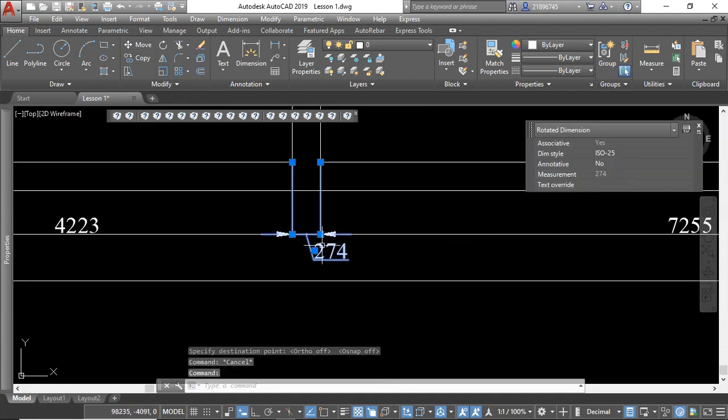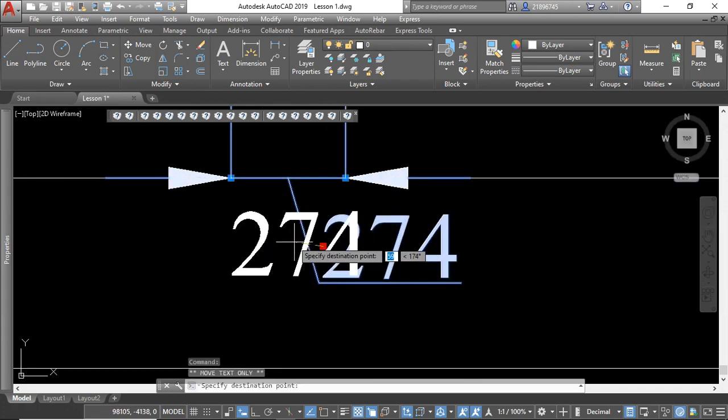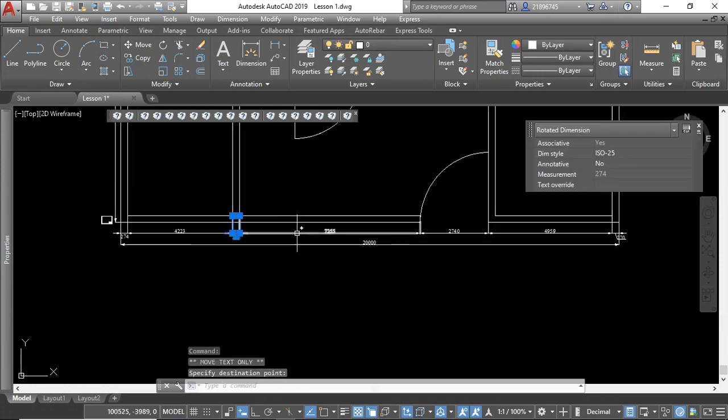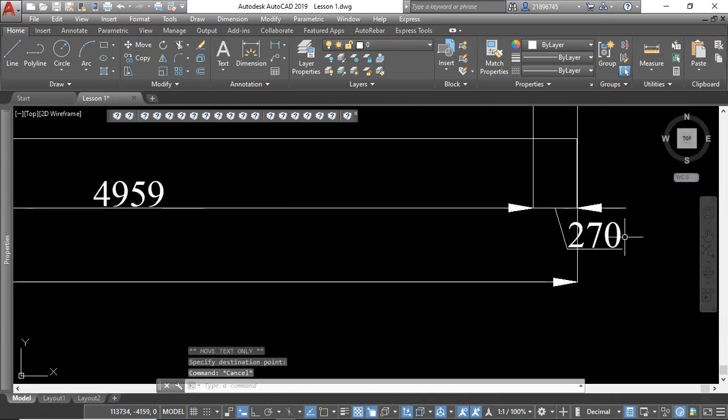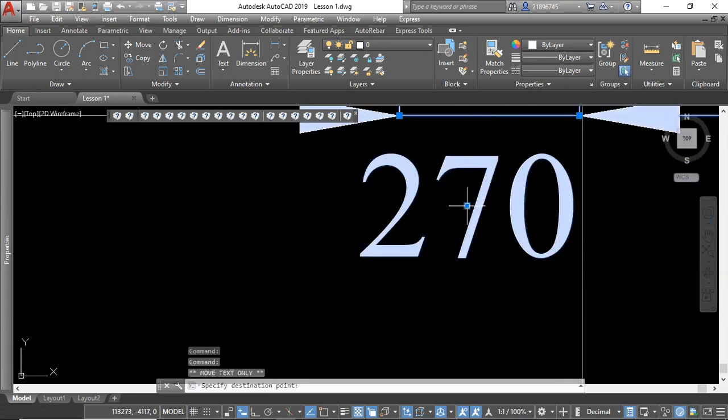So this one I do the same. I just put the cursor here, I just move text around. Okay, so do the rest like this, like that. Okay,